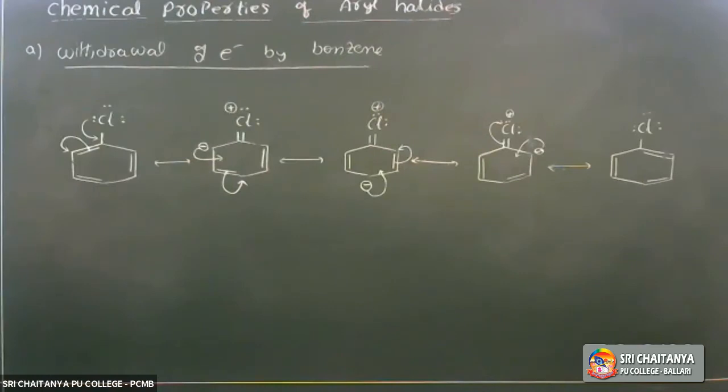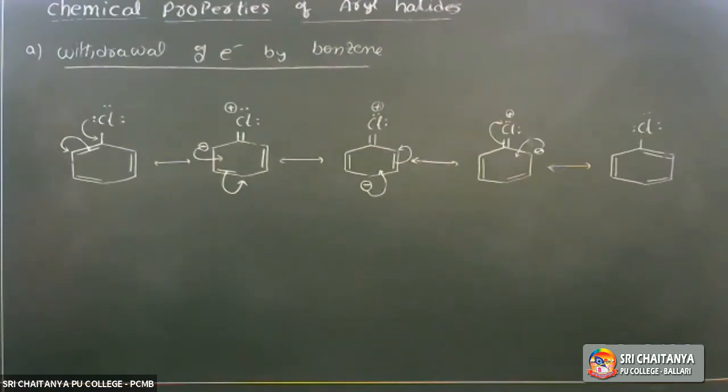So in aryl halides, the lone pair of electrons on the halogen atom are in conjugation with pi electrons. So lone pairs of electrons are in conjugation with pi electrons. Conjugation. It is a double bond. It is a single bond. It is a lone pair. So it is conjugation with the pi electrons. Lone pairs present on a halogen atom are in conjugation with pi electrons in the benzene ring. Okay, so pi electrons of the benzene ring.